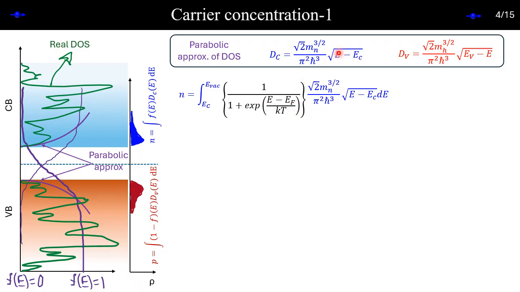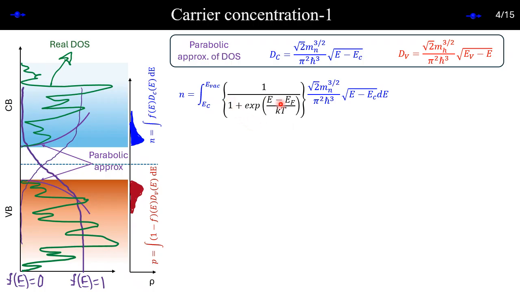Whatever density of states we derived, we have written it, and whatever Fermi-Dirac statistics we have, I have just written it. Simple. Now we just need to solve this integration. It's not that big a deal. How to do it? In a homework problem, I'll ask you to solve it numerically, and you will compare that numerical result with the approximation we will consider now. One approximation is, let's get rid of this 1.